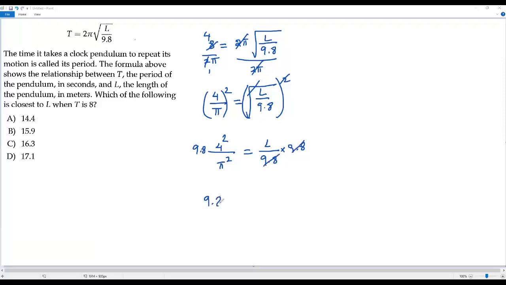Here, 9.8 times the value of 4 squared, which is 16, over π squared. For π, we can use the approximate value 3.14. So we have 3.14 the whole squared equals L. Now we have to multiply 9.8 times 16. When I multiply 9.8 times 16,